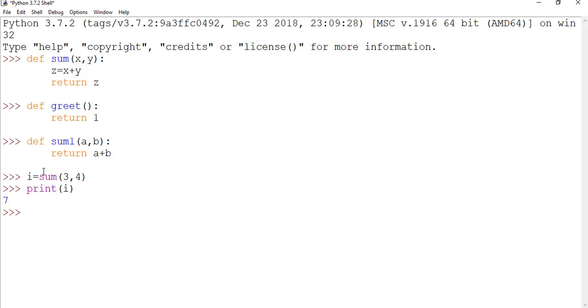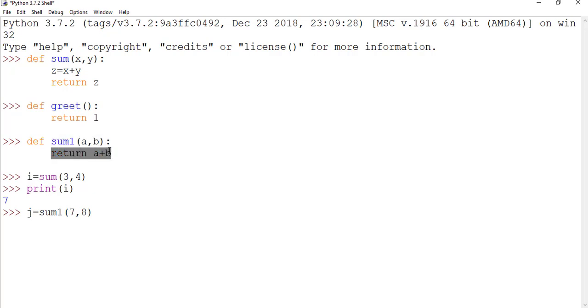Similarly, we can call the function sum1: j = sum1(7, 8). What will happen whenever we call the sum1 function with two arguments 7, 8? The flow of execution will be transferred to this function with values 7, 8. Then the next statement will get executed.